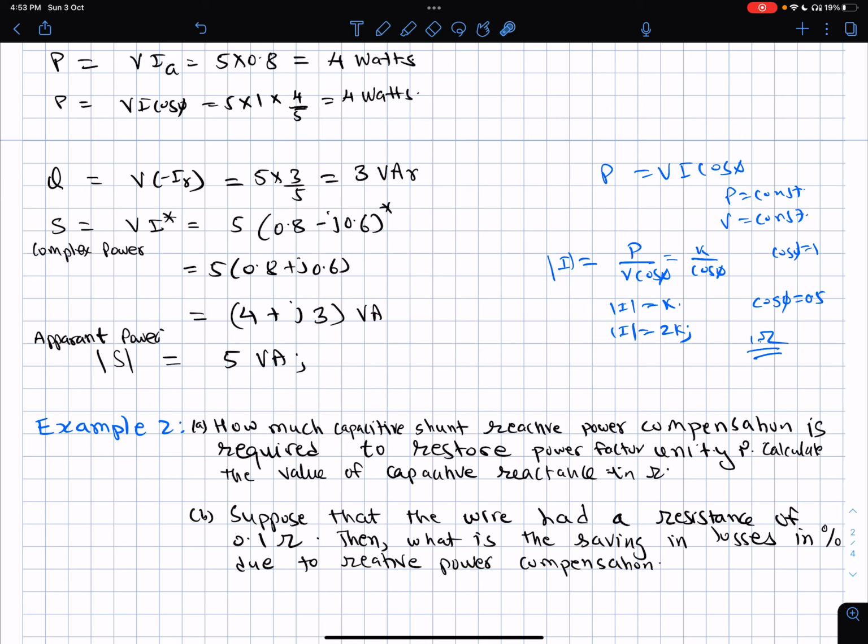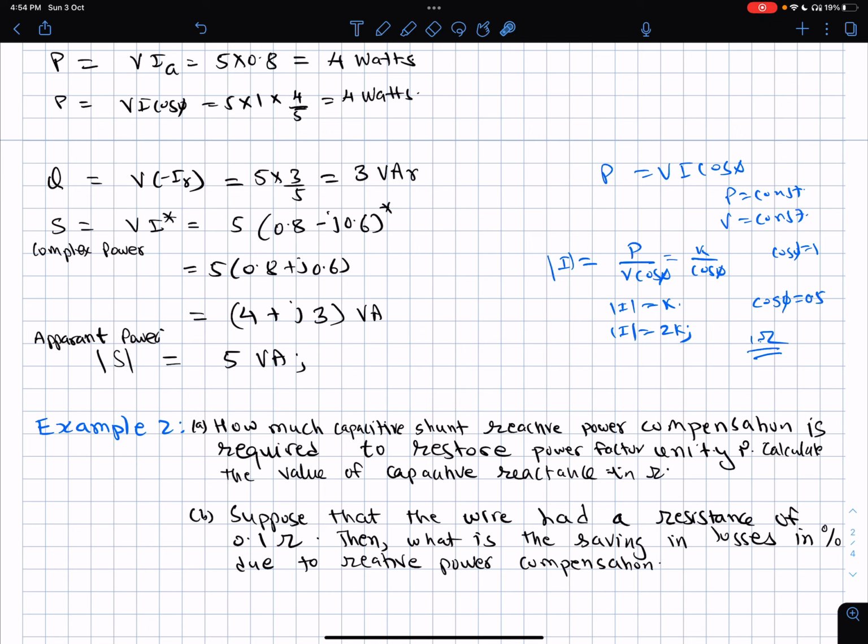But strictly speaking, you are the one who should be penalized for creating that loss, because if you had corrected this power factor to 1, and I am going to show you that method of correction, then the current would have been less in the wire, the loss in the wire would have been less, and that would have meant that the transmission and distribution system would have worked efficiently.